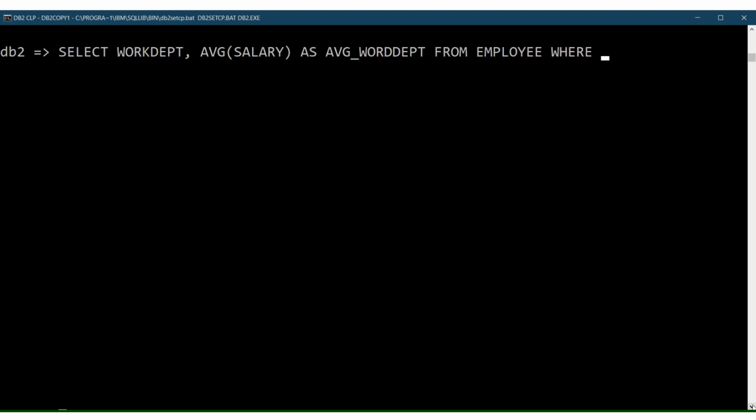where. Okay, so here we want to get the employee that is not a manager. So we have to put job is not equal to manager, and we have to group by the work department. Okay, and of course from the result of the group by, we want to filter again, where the average salary of the result of the grouping,